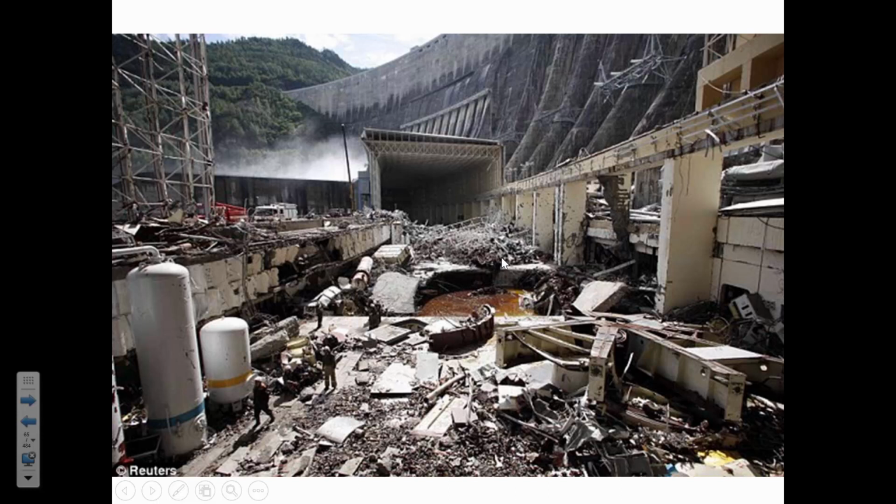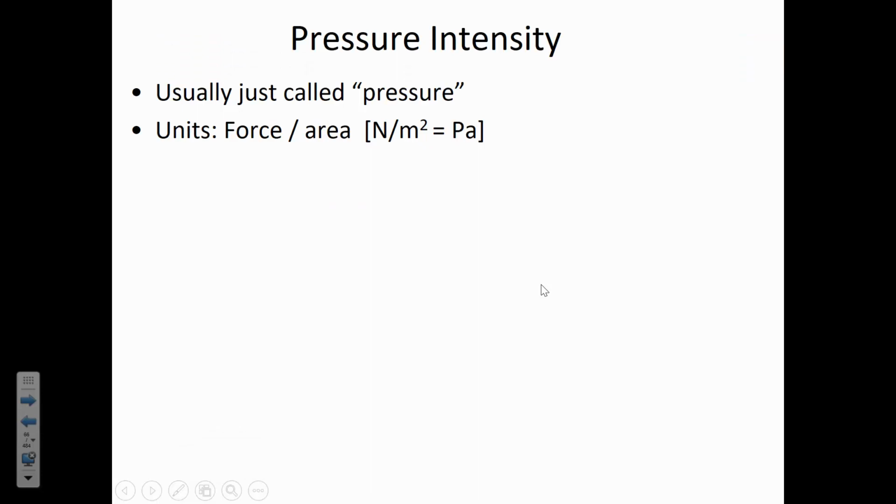But what happened was that the cavitation caused damage to the penstocks and to one of the turbines, and eventually there was a catastrophic, almost an explosion at the plant, and so it was out of commission for quite a long time, and they determined that the issue was cavitation. We'll talk more about cavitation in chapter 7 of the book when we start to get into the energy equation and more design-related issues having to do with pumps.